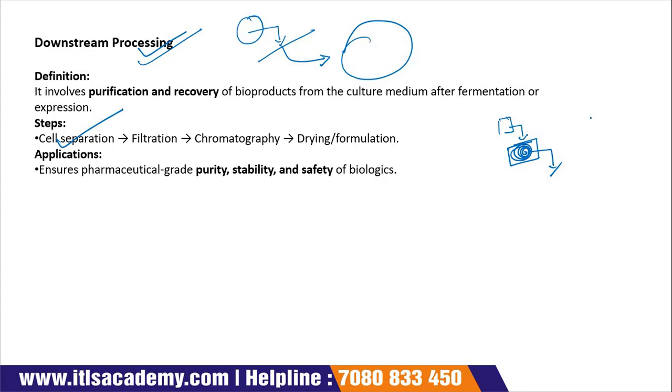centrifugation and filtration. A number of filtration techniques are available. After this filtration, then the chromatography technique. Chromatography is also a technique that is used for separation. And there are a number of chromatography techniques available like HPLC, GCMS, LCMS, ion exchange, size exclusion, and affinity chromatography. And finally, drying and formulations. Okay, now we find our desired therapeutic compound. Okay, and the application: this pharmaceutical ingredient may be pure, safe and stable for the biologics.